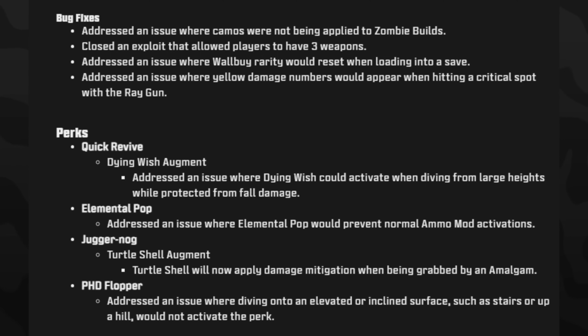addressed an issue where dying wish could activate when diving from large heights while protecting from fall damage, elemental pop, addressed an issue where elemental pop would prevent normal ammo mod activations, Juggernog, turtle shell augment will now apply damage mitigation when being grabbed by amalgam, PhD